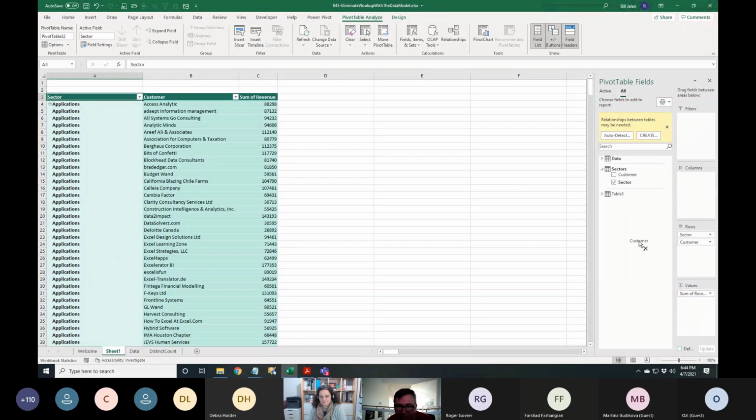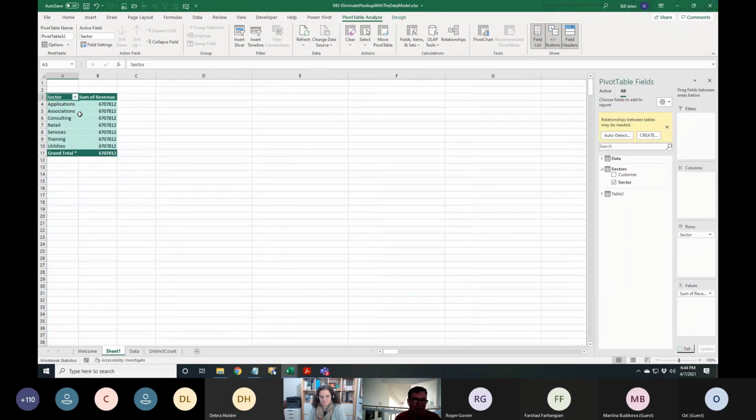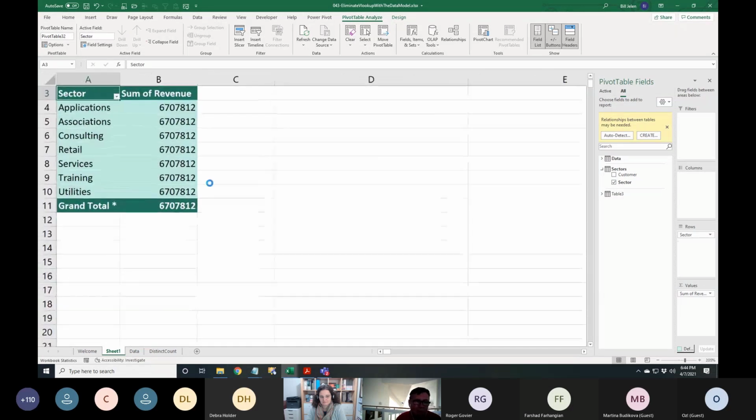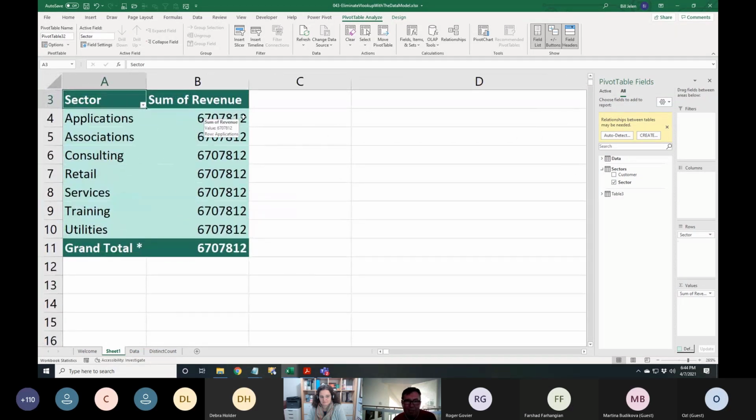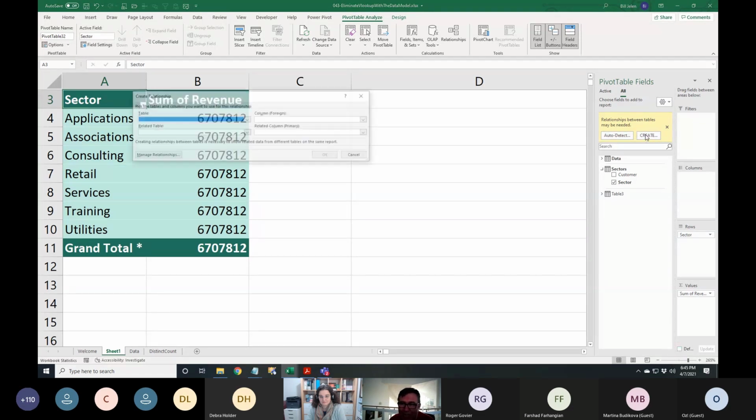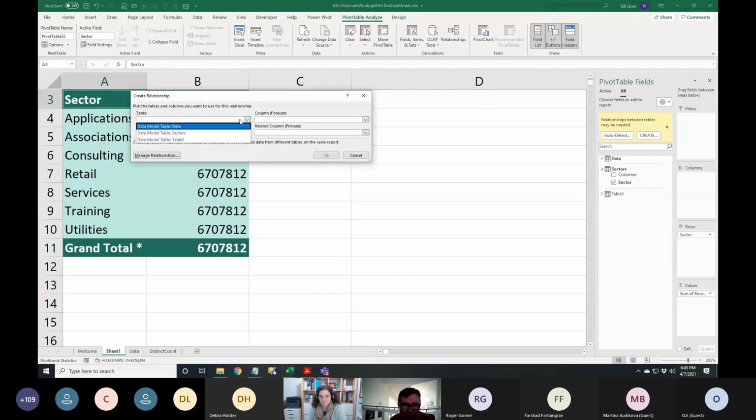We'll even take customer out for a second just so you can see how wrong it is. Every single sector is there with the wrong revenue, right? We're getting 6.7 million for everybody. And they say over here, hey, a relationship between tables may be needed. In Excel 2010, they had auto detect. Excel 2013, it went away. Excel 2016, it's back. Just in case you're stuck on 2013, the create dialog box leads to this, where we